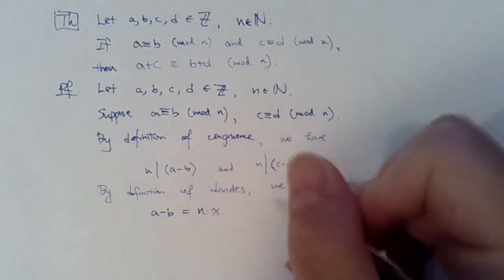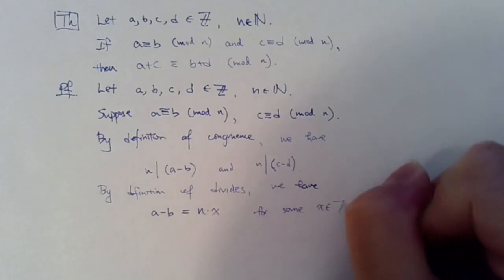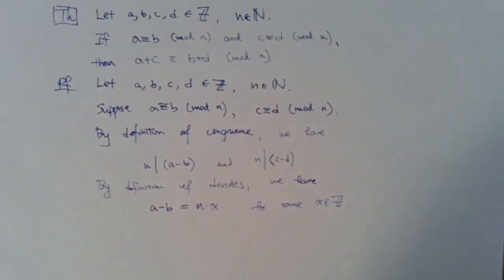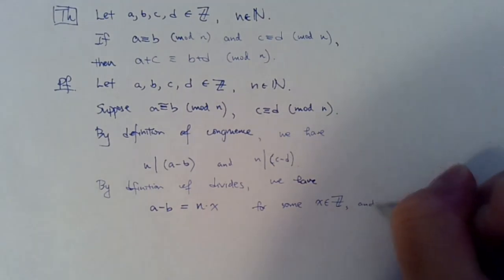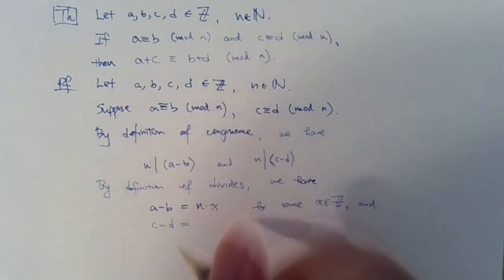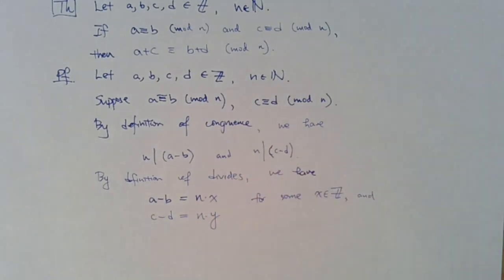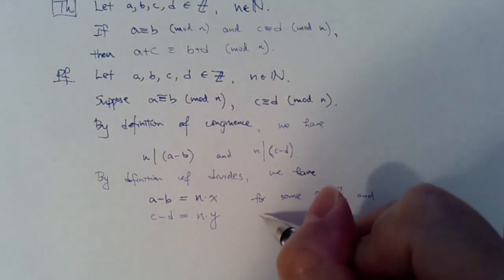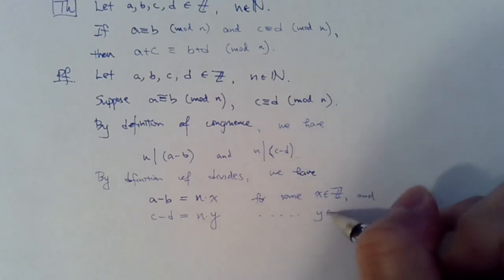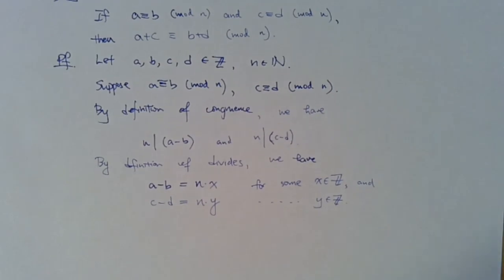Let's say x. So a minus b equals n times x for some integer x, and c minus d is some integer multiple of n. Then